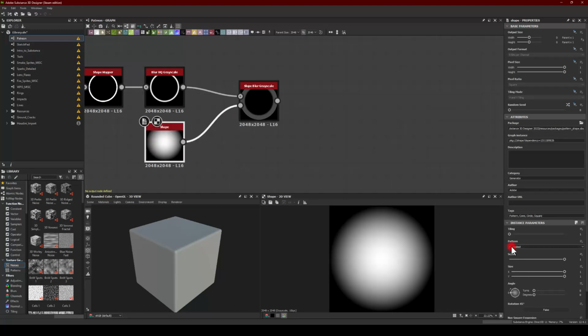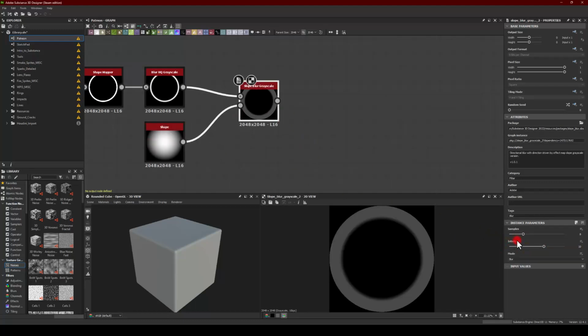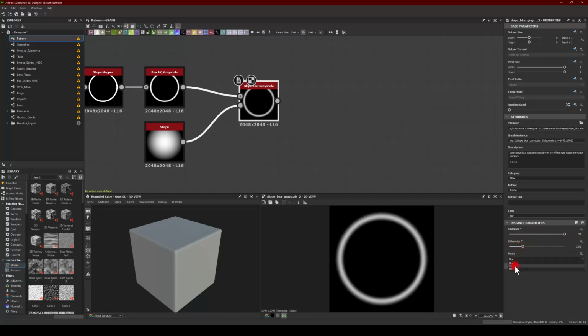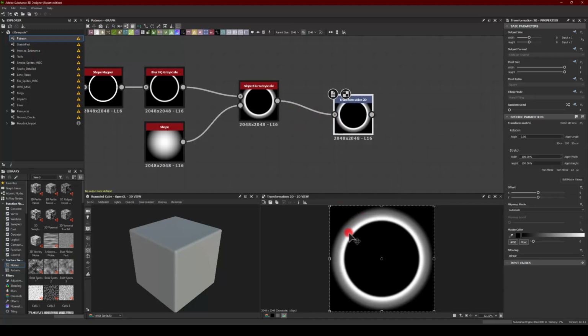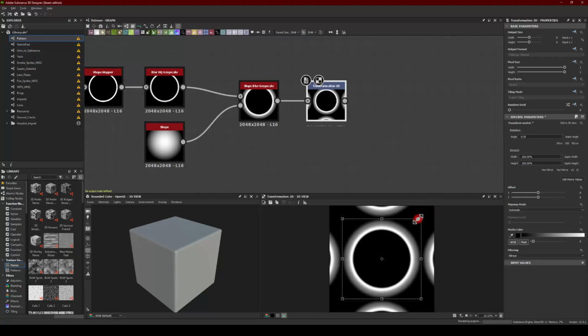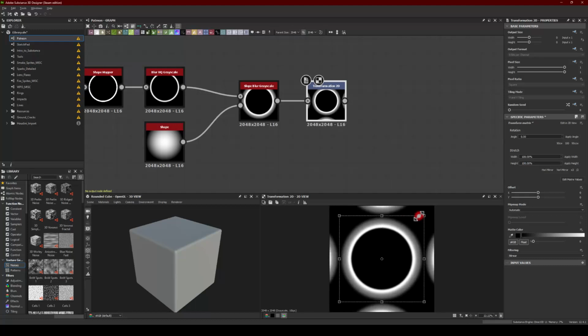Okay, that one, and in here I'm going to increase the samples. I'm going to use different method, and maybe max. I think max is going to work best, and this is what we want. Next I'm going to use transform because I would like to get a bit more soft glow around it, so I need to shrink this texture down. I'm going to hold Alt and Shift on my keyboard, and with the mouse click I'm going to shrink it down manually. I'm going to disable tiling here,